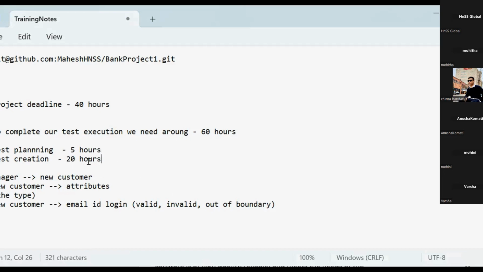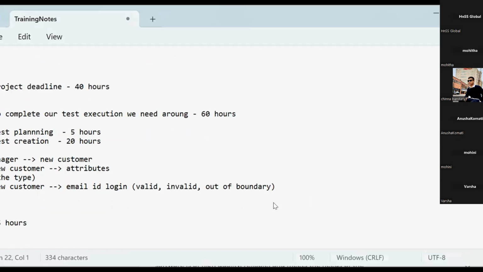So total how many hours so far? 25 plus 60, 85 hours we require, right? And then test case creation is done. While executing, we got some defects. It's obvious, right? When we are executing test cases, that time only we will get to know if any defects are present. Let's say I'm giving an email ID which is already existing in the system, but still it is accepting without throwing an error. It's a defect, right? So immediately we have to create the defect